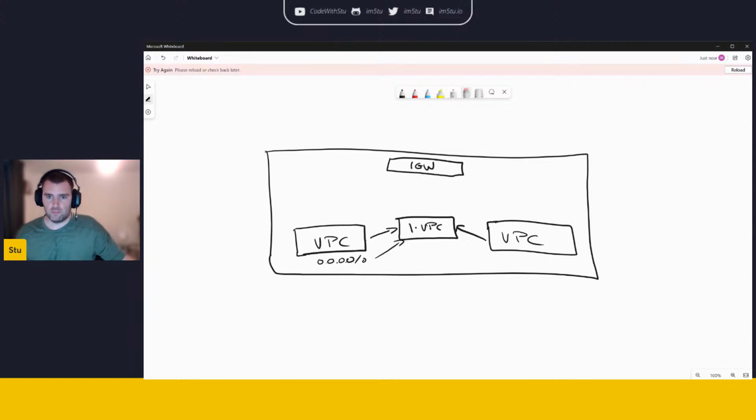But for all intents and purposes, there'll be an inspection VPC that basically all the traffic routes through, whether it's north-south or east-west. So if you want to go out, it has to go out through there, and that's where your NAT gateways and stuff will be. So is there anything else out there? I think so. Inbound traffic